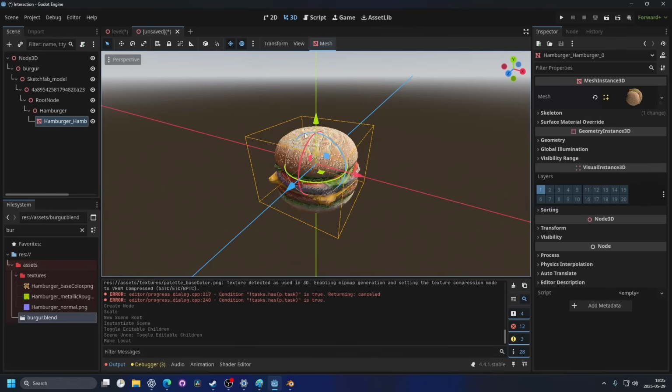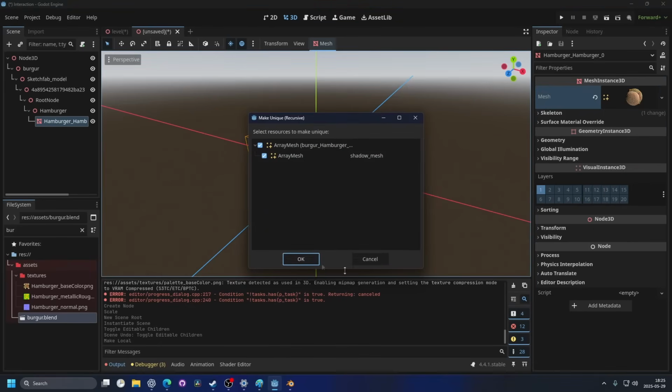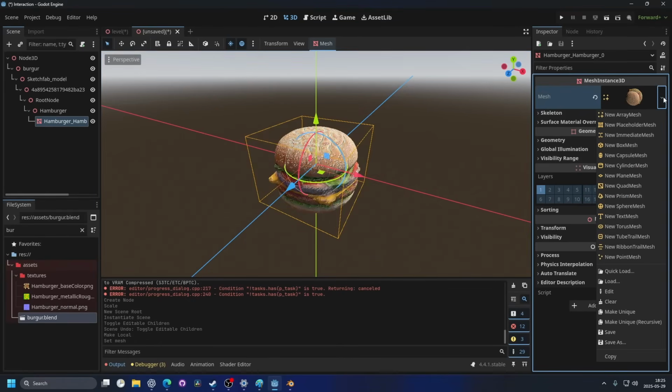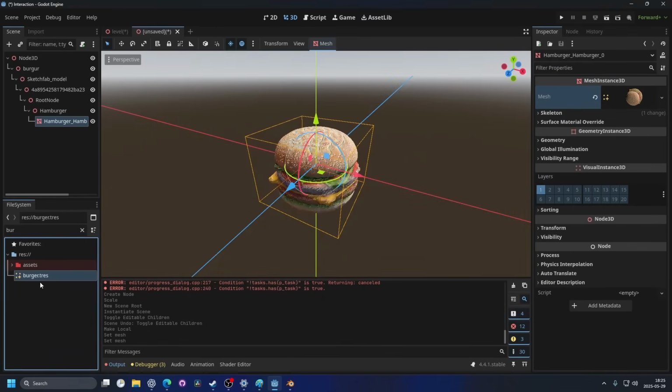I'm gonna select the mesh and then hit the drop down arrow. I'm gonna make unique recursive and hit OK. And then I can save it, so I'm gonna hit the drop down arrow again and hit save as. And I'm gonna call this burger and save it. And now in my file system I can see I have a new burger.tres and that's a resource of the